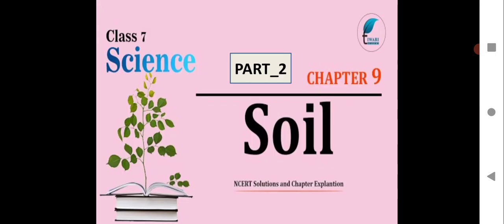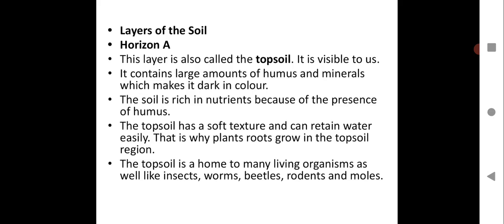What are we having? As you all know, we have started with the chapter soil in the previous session, and I hope you will have taken down the points discussed in the previous session. Let us see what we are having in this session. We are going to see layers of the soil in detail. As you have done the diagram, hopefully, in the previous session, layers of the soil, you have done A horizon, B horizon, C horizon and bedrock. You have seen that is a diagram of the soil profile. So here in this session we are going to have a detailed study of each and every layer of the soil.